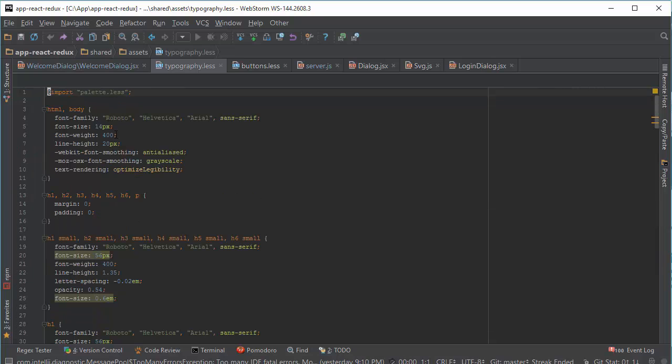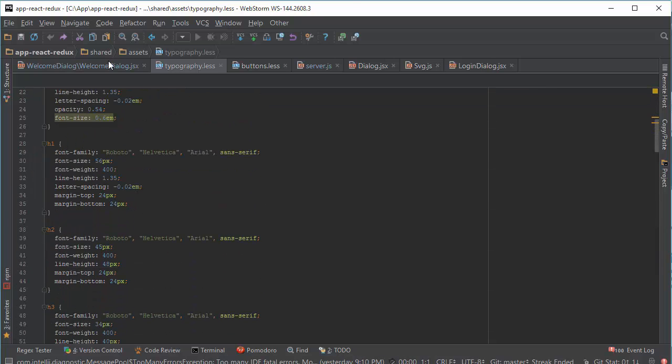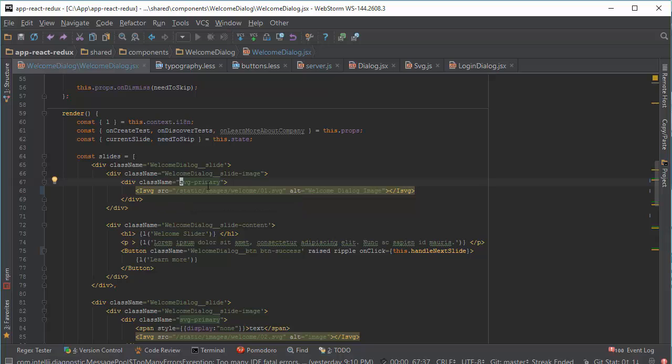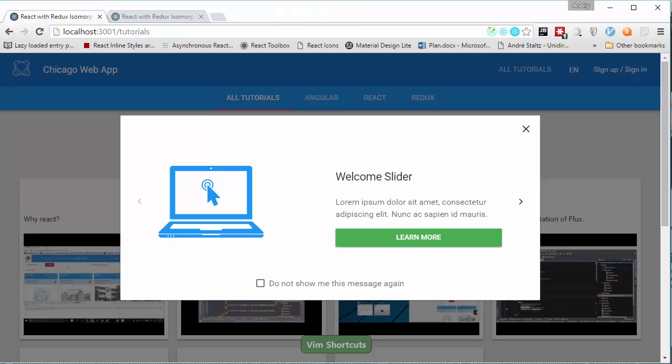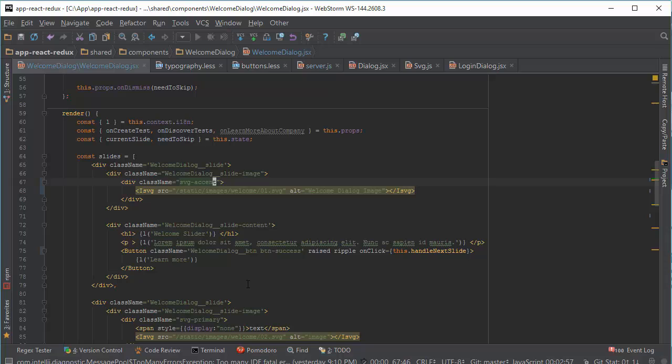Don't forget to add palette. And if I change it to SVG accent, you can see how easy it is to manage it. And let's change to button accent, save, reload.